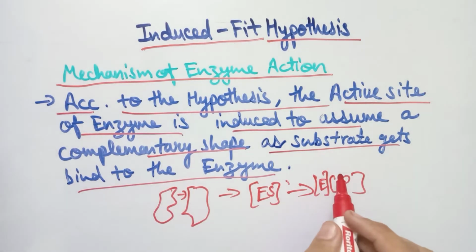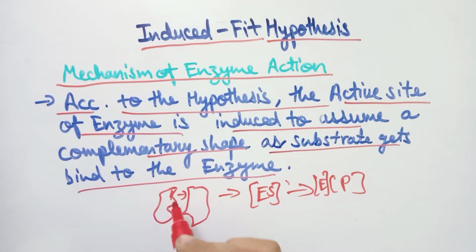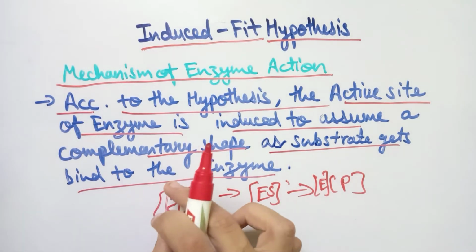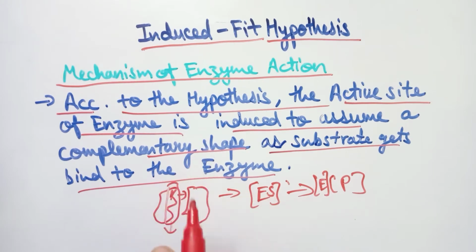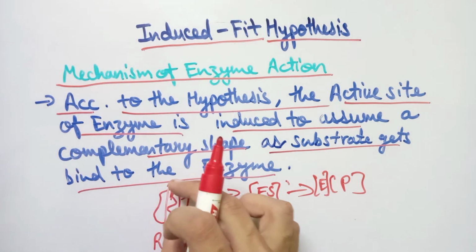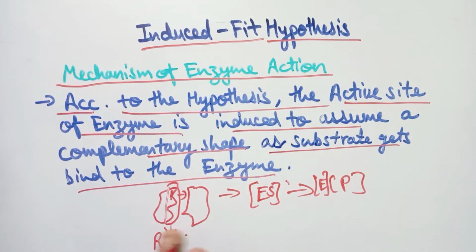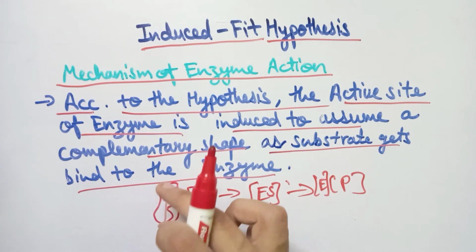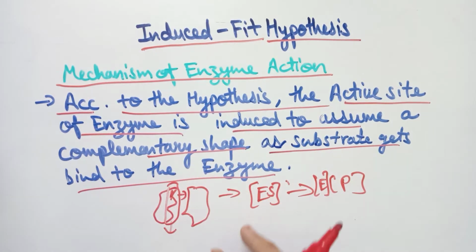According to this hypothesis, the active site which is present in an enzyme will not be rigid. In the previous lock and key hypothesis, we have studied that the active site, which is this portion, is the active site of an enzyme. Then this active site, according to the lock and key model, will be rigid. But in the induced fit hypothesis, it is said that the active site of the enzyme is not rigid. It is flexible, and it will change according to the need when the substrate comes and binds to this enzyme, and will then form an enzyme substrate complex.